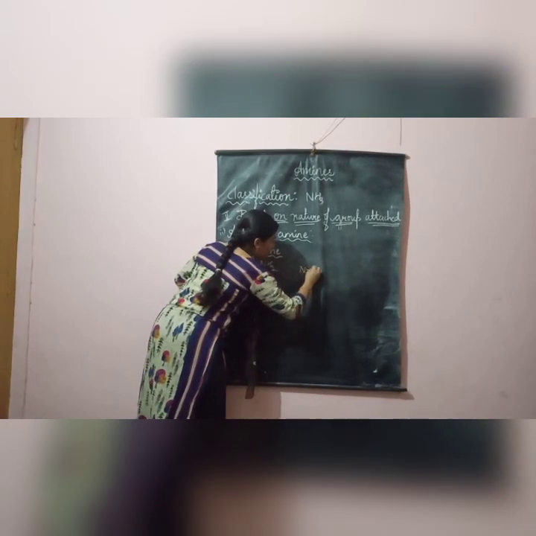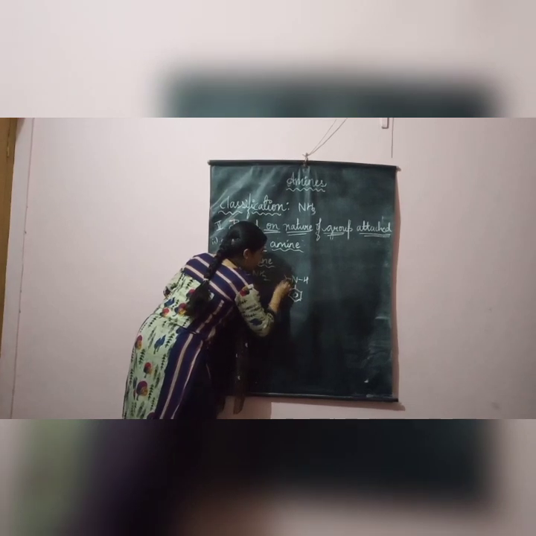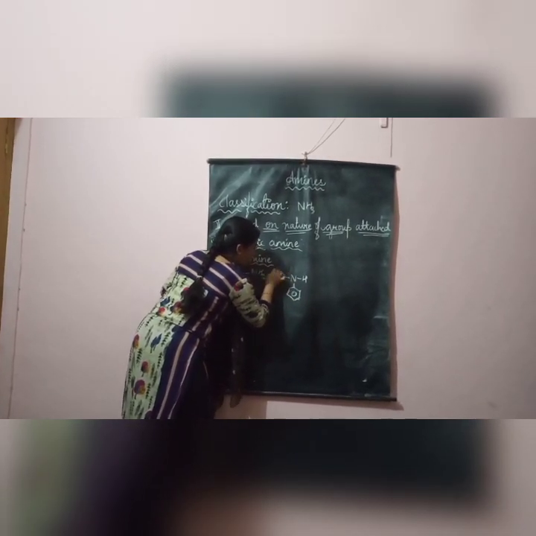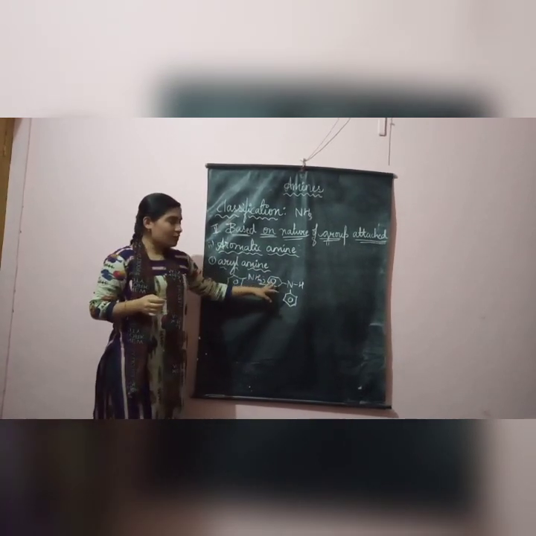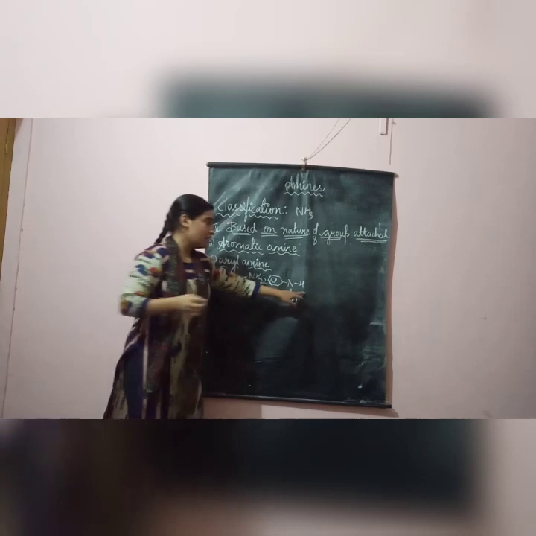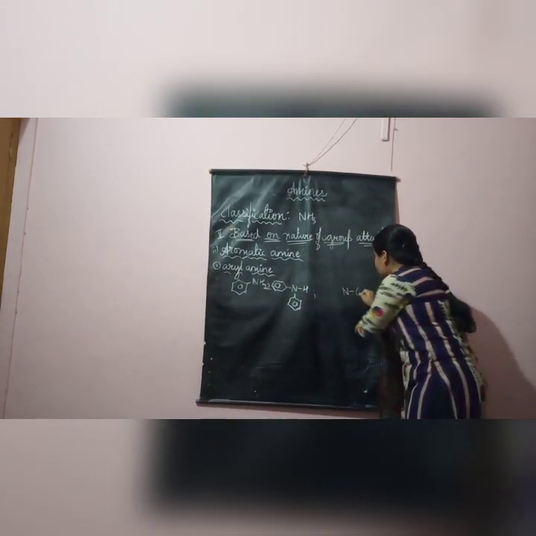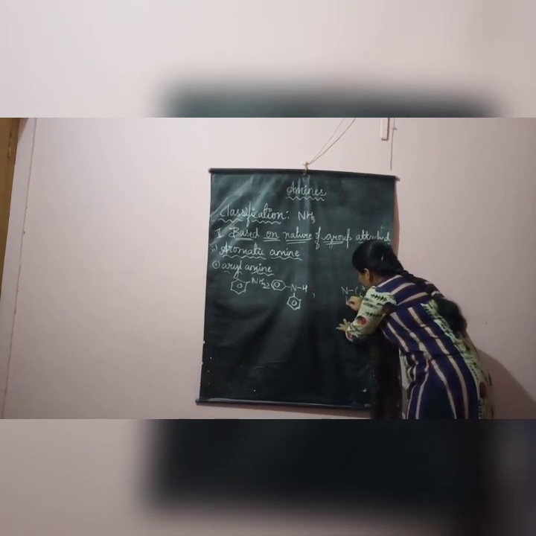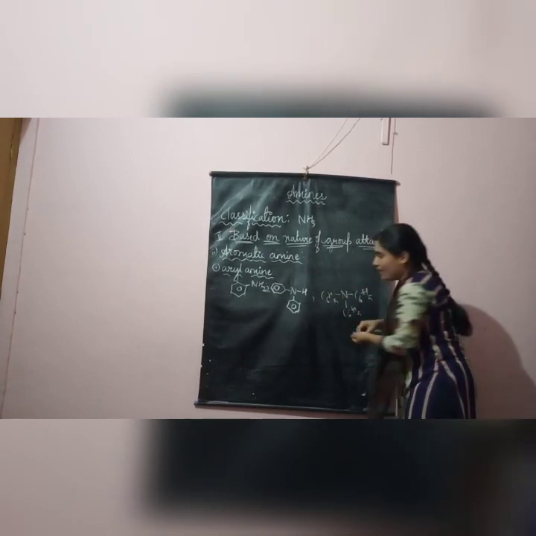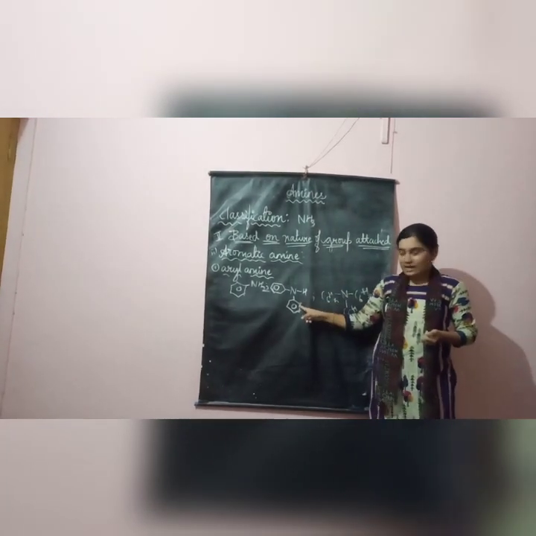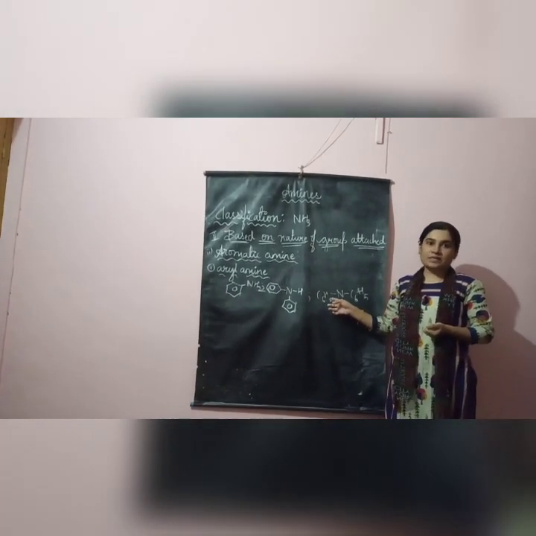Or this is also an example for aryl amine. Why say? Because I have only aryl groups attached to your N atom. Or I can replace all your hydrogens by benzene ring only. NC6H5, NC6H5 and NC6H5. You have to remember this benzene ring which I have attached is also written in the formula of C6H5. This also means that it is a benzene ring.